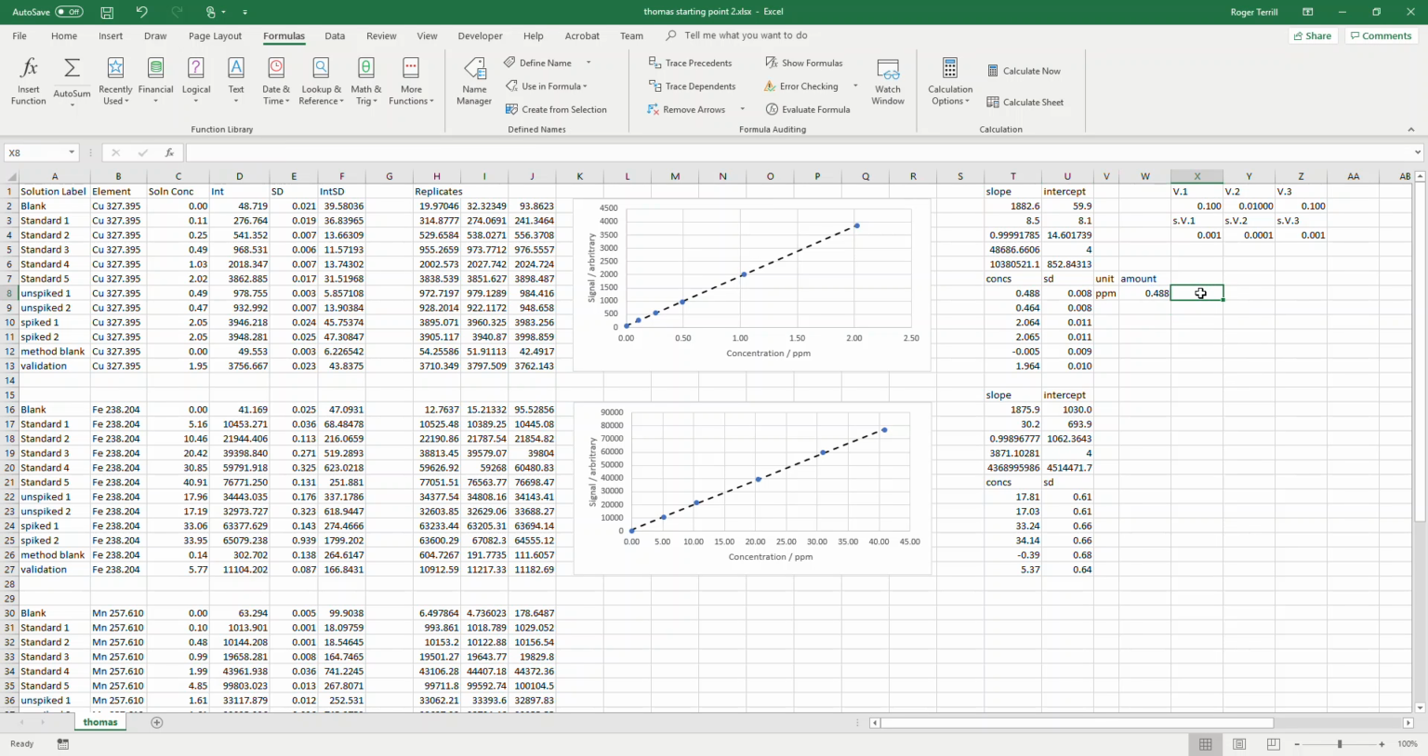Well, now what we want is the estimated standard deviation in this value, and that's where a little bit of work comes in, right? And what we can do there is we can bring up the